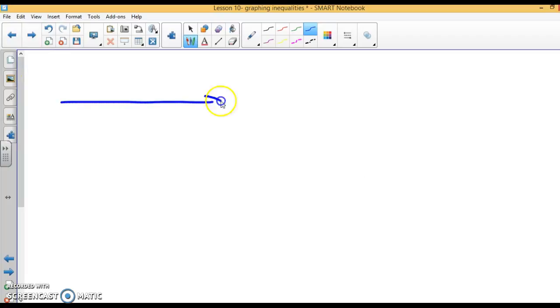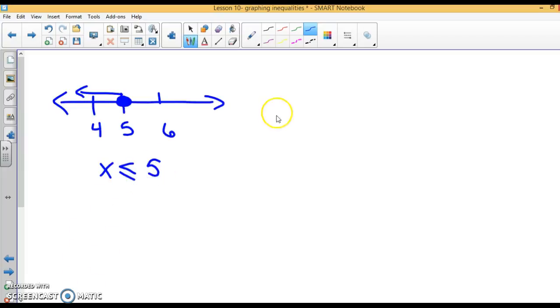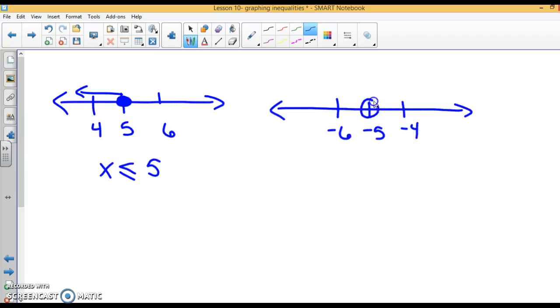If I drew this number line, what would this graph be? Well, x is going to the left. So less than, it's got a solid circle, or equal to 5. One other example. Let's do an open circle. This is all x. X is greater than, because that's the way it's pointing towards the big numbers, greater than, it does not have